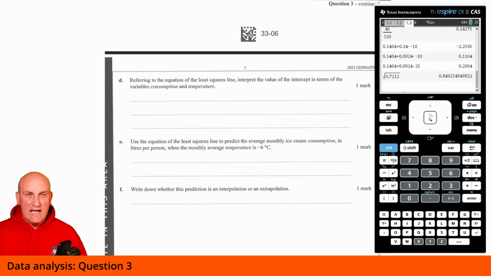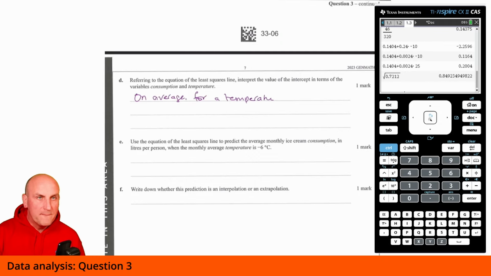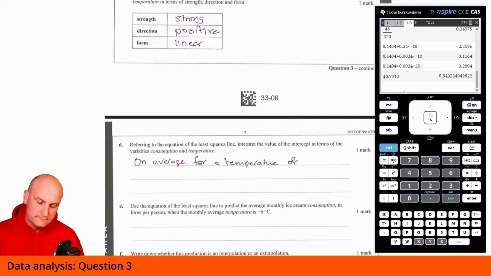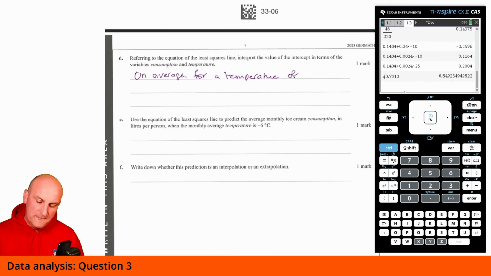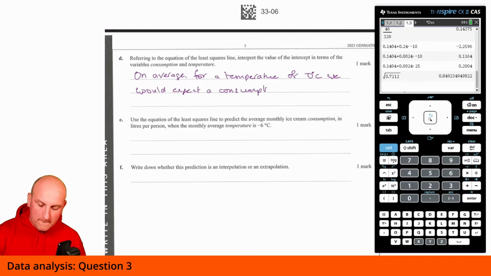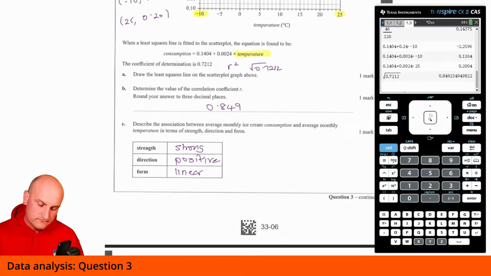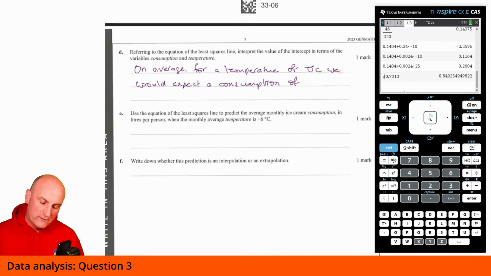Because it's the intercept, you have to start with, and it's a very specific question, so I always start with on average, comma, for a temperature of 0 degrees C we would expect or get a consumption of 0.1404,